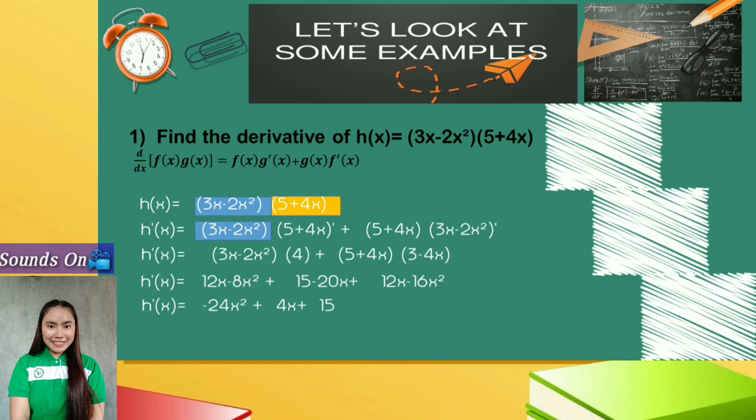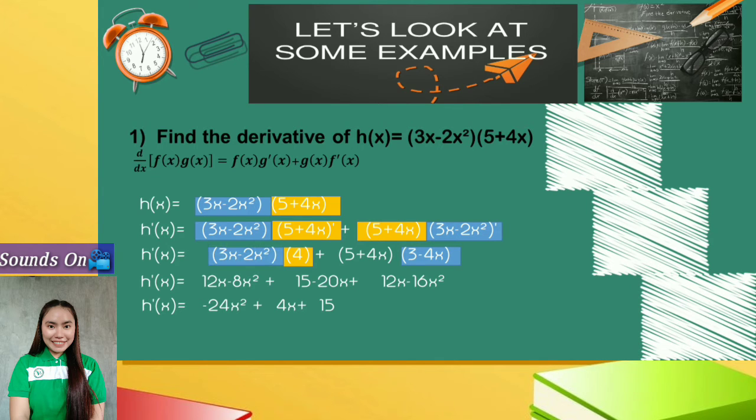3x minus 2x squared times the derivative of the second function 5 plus 4x, and that would be 4, plus copy the second function 5 plus 4x, then the derivative of the first function 3x minus 2x squared, and that would be 3 minus 4x. So h